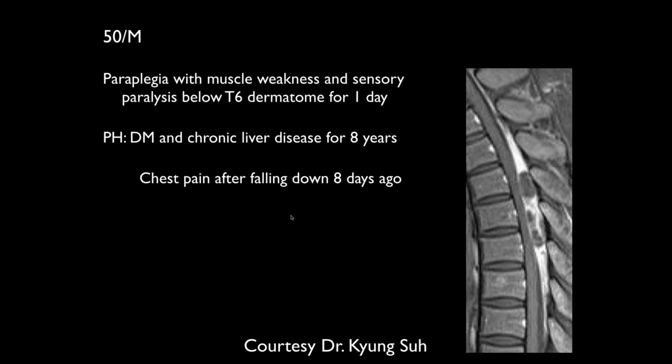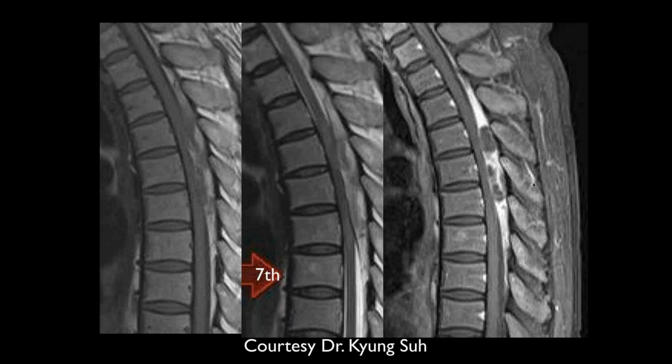Paraplegia with muscle weakness and sensory paralysis below T6 dermatome for 1 day. Diabetes, chronic liver disease for 8 years. Chest pain after falling down 8 days ago. Okay, we see maybe separated, heterogeneous lesions in the posterior epidural space at multiple levels, associated with cord compression. Okay, now this is post